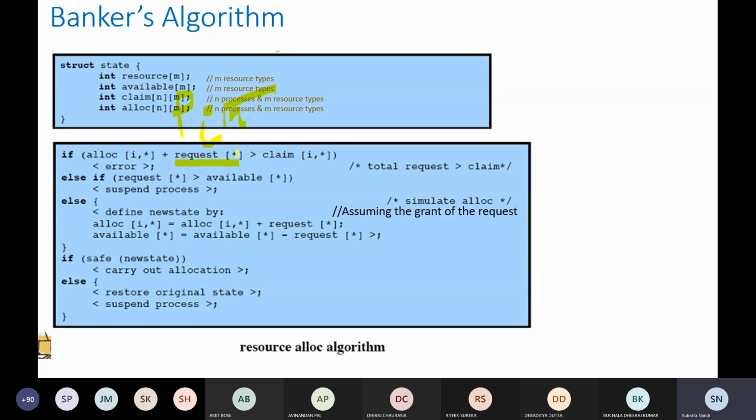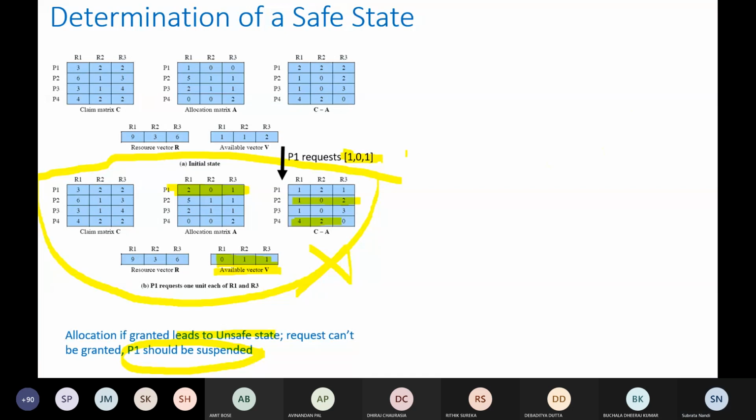This star means that particular requesting: request of type R1, corresponding to type R2, type R3, like this. So this request asterisk means the entire row here. Okay,